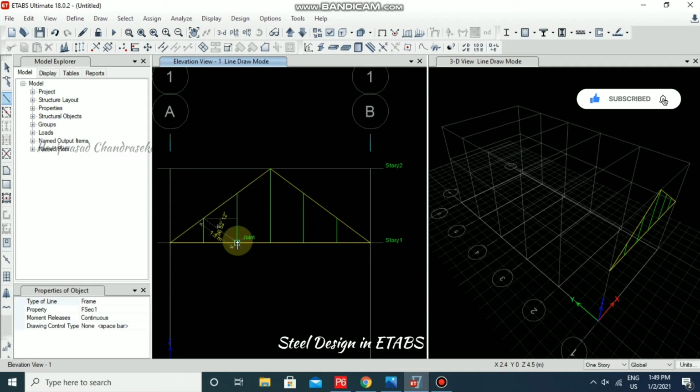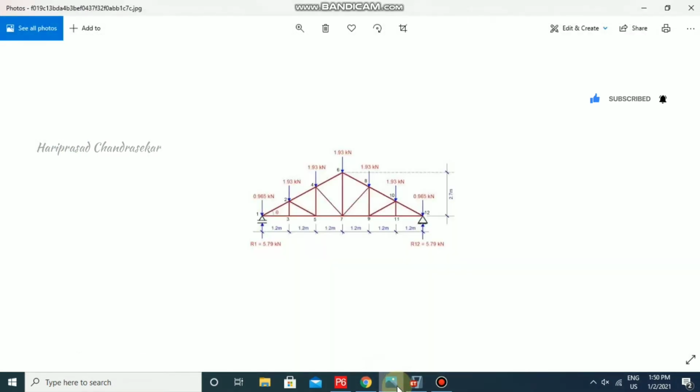Now you can select again. Now you are getting the joints. So right click for accepting, and then you can just go for drawing it. Right click, and again you can just draw it. Right click, again you can draw. Right click. Now this is what we have in this image, right?